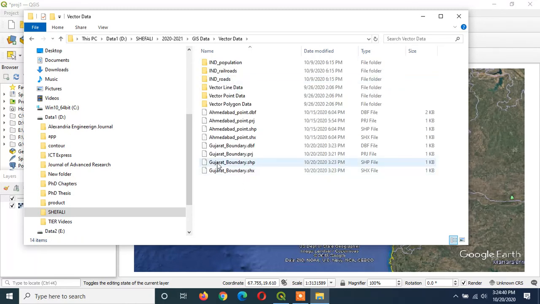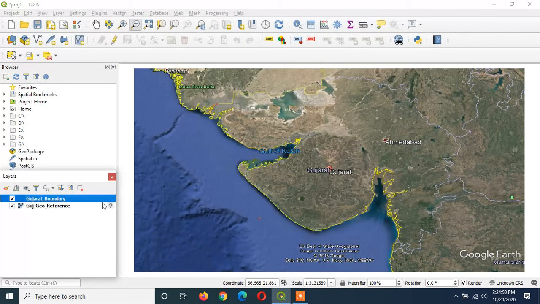Okay, so this is our file which we have created, and as you can see there are three supporting files which are also created, .dbf, .prj and .shx. So when you give your shapefile to some other person to use it, you will have to provide all these four files. So this is how we can create a new vector line data.